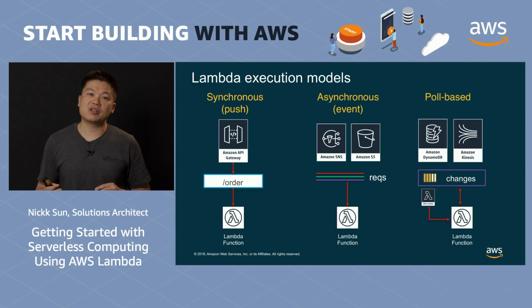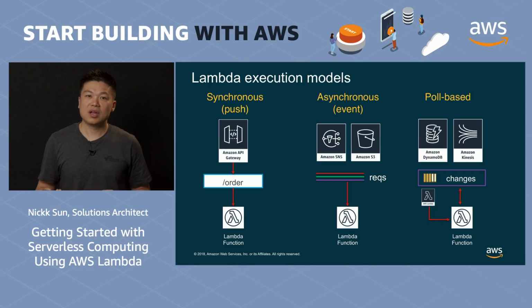And for those functions triggered by events such as S3 bucket operations or SNS, the invocation will be asynchronous. So in this situation, the function does not have to return the result back to the source of the event. For data stream services such as DynamoDB streams or Kinesis, the Lambda service will schedule an invocation to regularly pull the source of the data, such as a partition of a DynamoDB table or a shard of a Kinesis